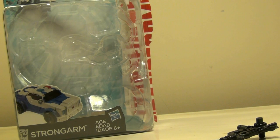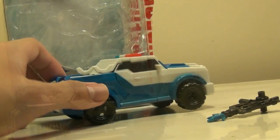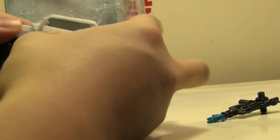So there you have Strongarm in her vehicle mode. Now I think Strongarm definitely got the stronger vehicle mode overall. She's got this police SUV design, as you can see,